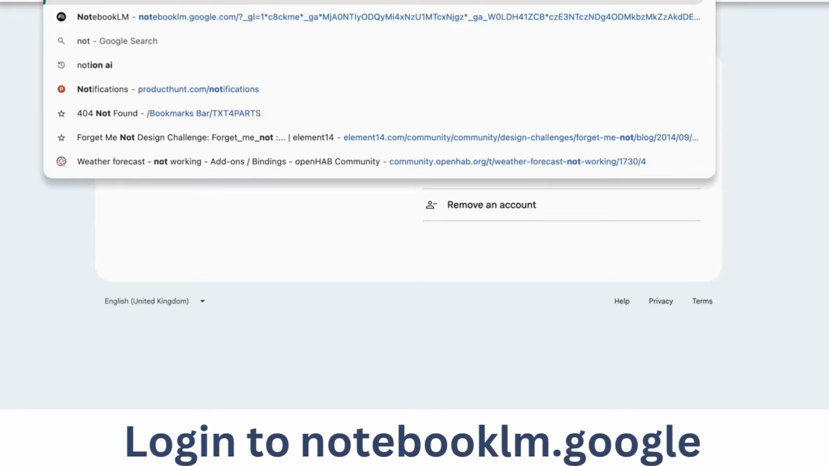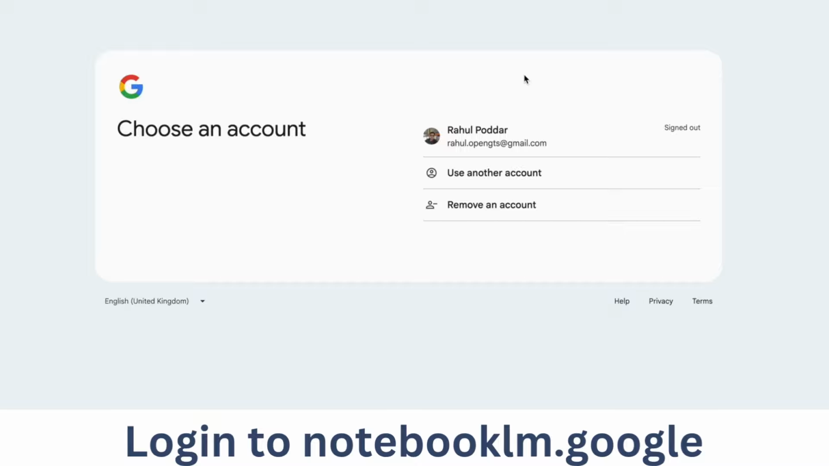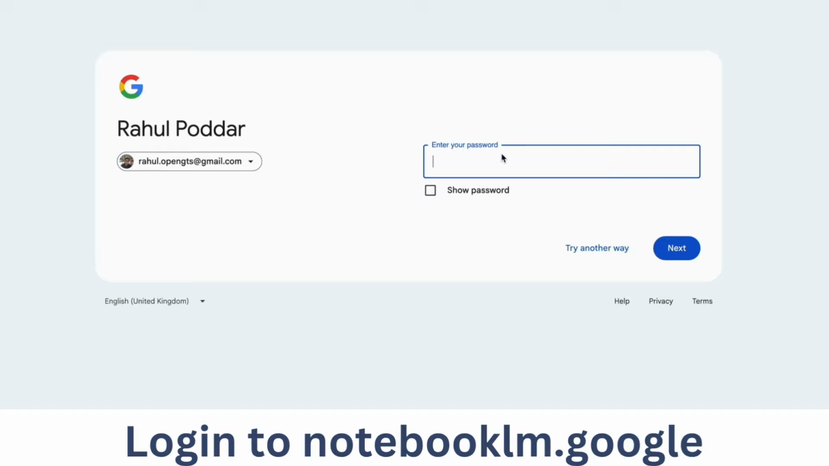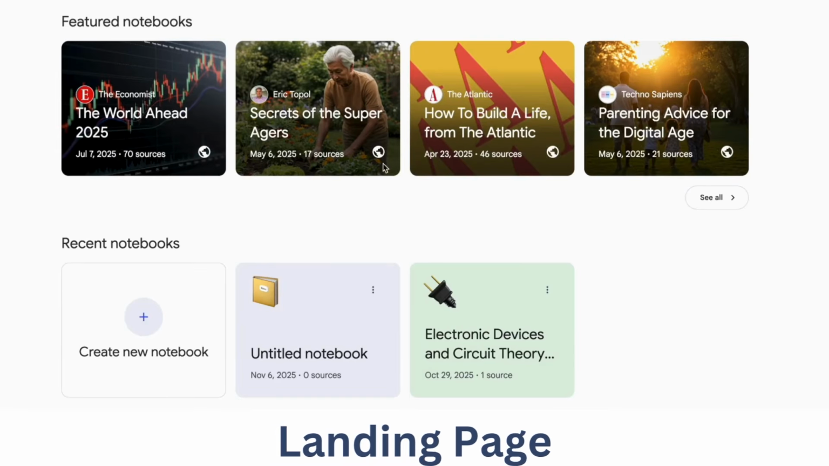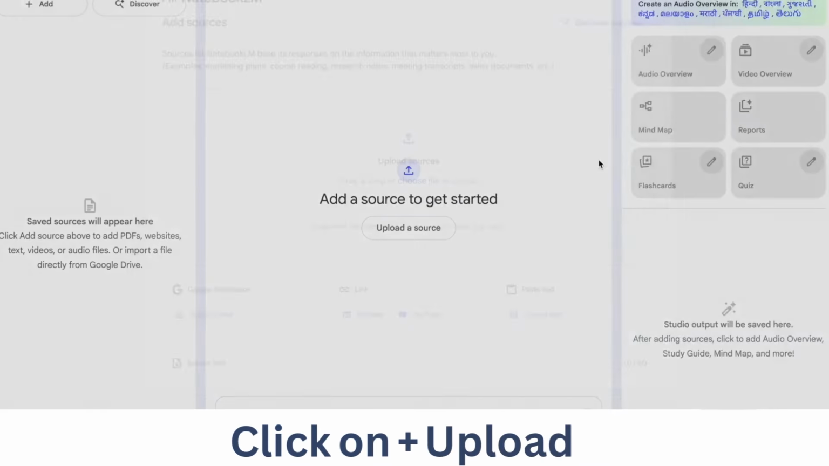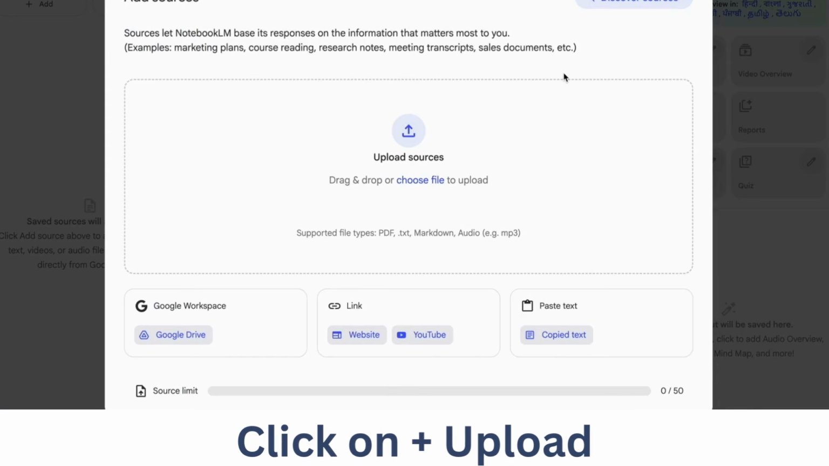Log into notebooklm.google.com with your own user ID and password. If you don't have a Google account, just create one and you can go to notebooklm.google.com. You will end up on a page like this, the main page where you have a list of all the notebooks. You just need to click on the plus, and you get a pop-up